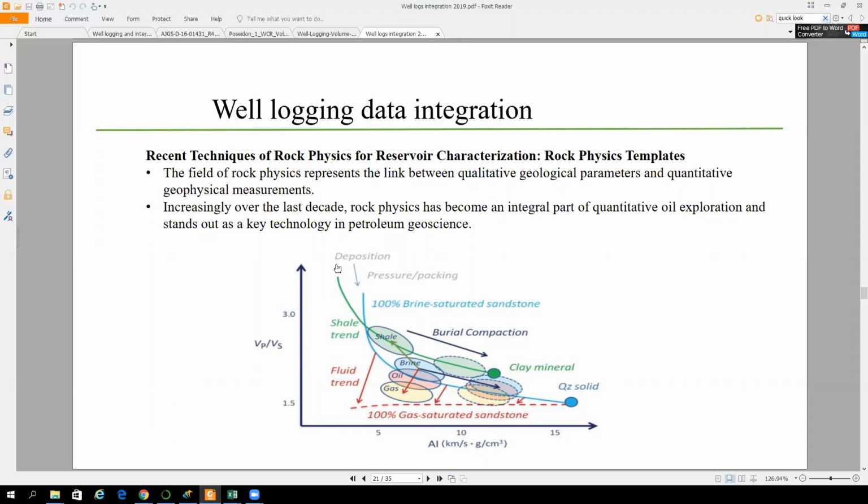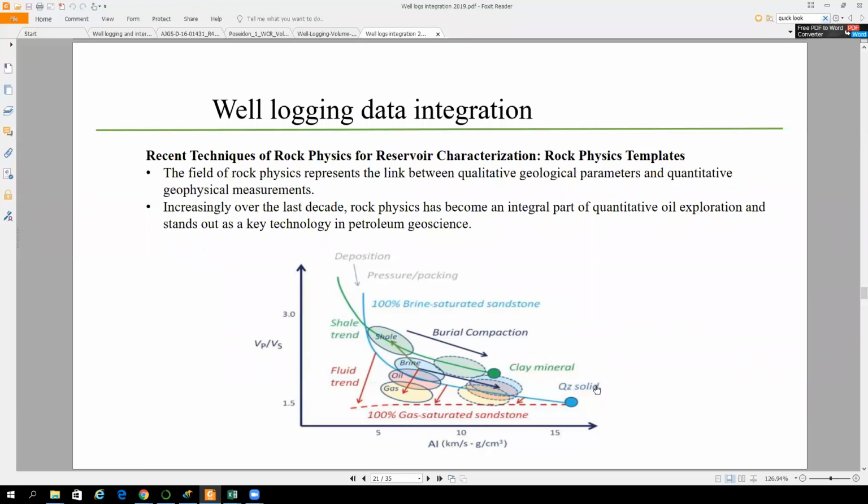With the compaction and with the increase of the sediments, the VP/VS will get down, and with the compaction will get lower and lower, and this will increase the acoustic impedance. So the acoustic impedance will increase with the decreasing VP/VS,